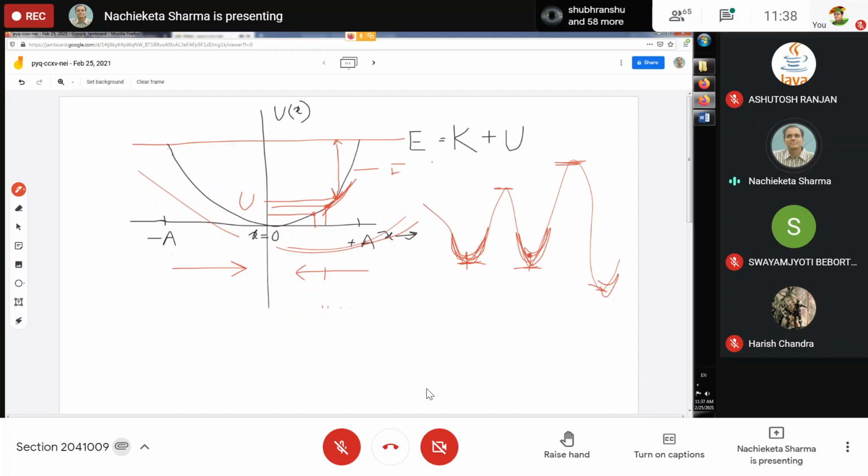Stable equilibrium is a point of minimum potential energy. That means a body always wants to be in the lowest potential energy possible. When you leave an object from a height, the object has a higher potential energy, so naturally the object is seeking points of low potential energy, and that's why it falls down. But when you have kept an object at the ground level, nobody has seen the object of its own gaining height. Have you seen it?